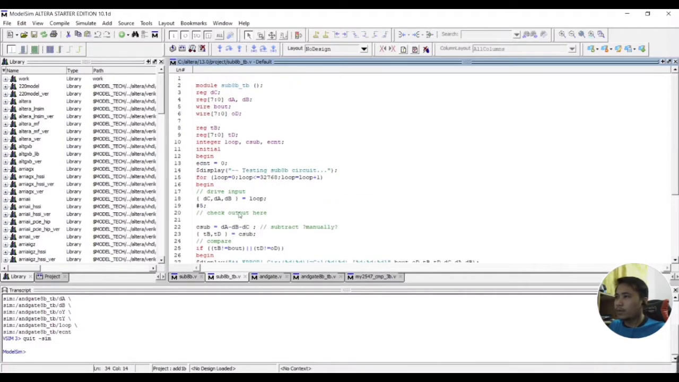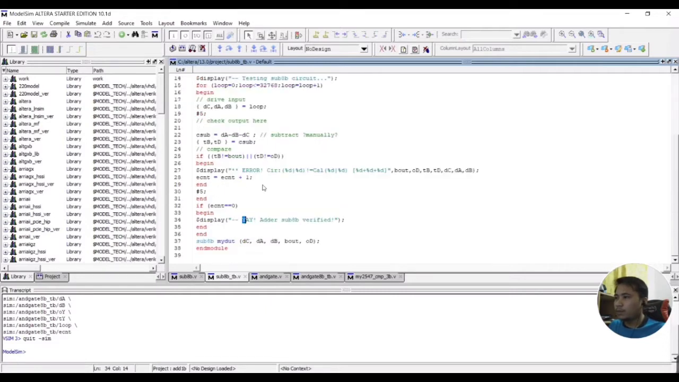So here is the test plan for subtractor. We register DC, DA, DB using an array, wire B out and OD. So if this program doesn't get any error, we will display Y adder sub A verified. Here we call the module subtractor 8-bit. Then we will